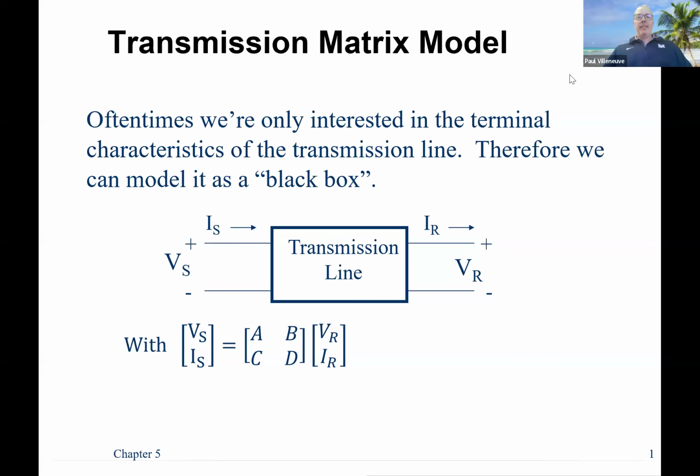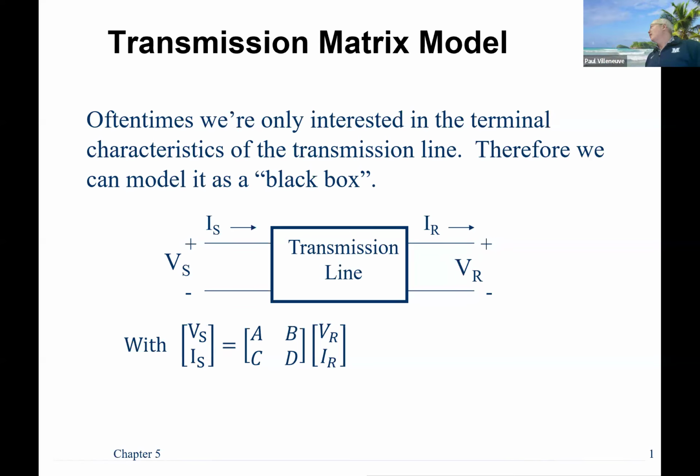Okay, let's get started. So in our last class, we developed the theory behind how we can get any point along our transmission line, how we can calculate what voltages and currents are going to be. But unless we're looking at specific fault conditions, that's not really all that helpful for us. What we'd like to do is just take a look at that transmission line and block it as